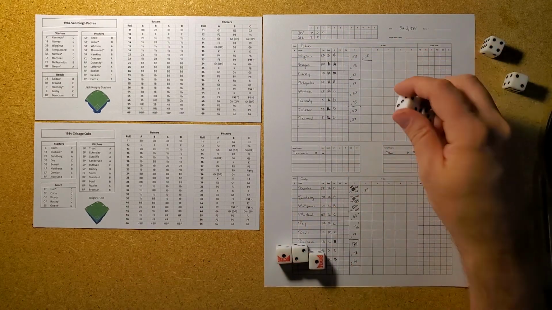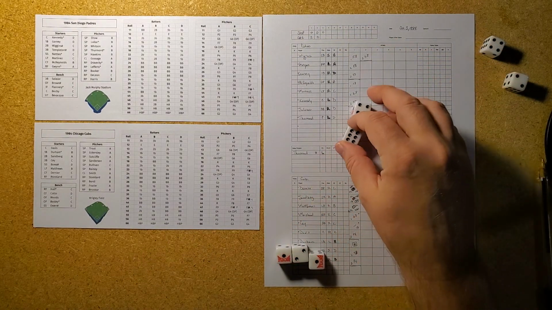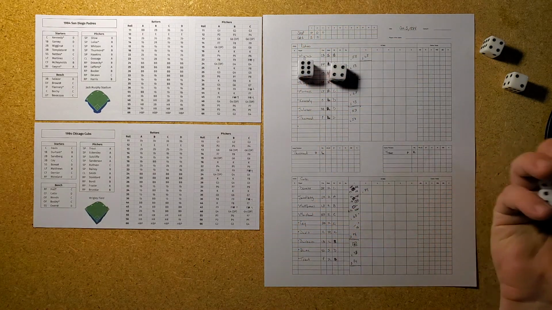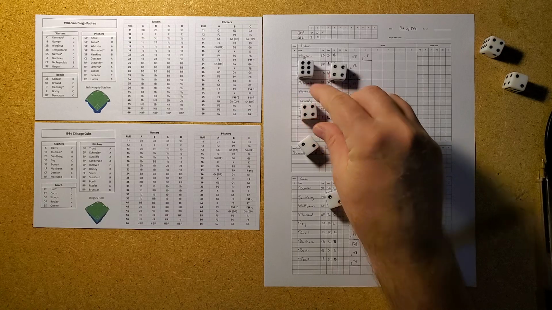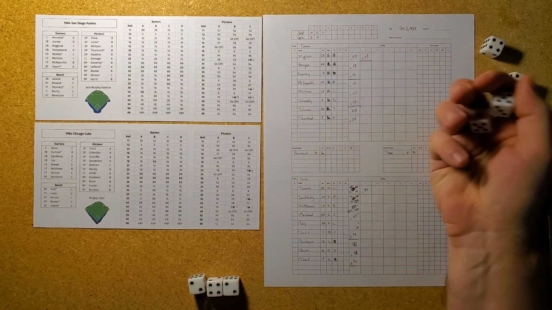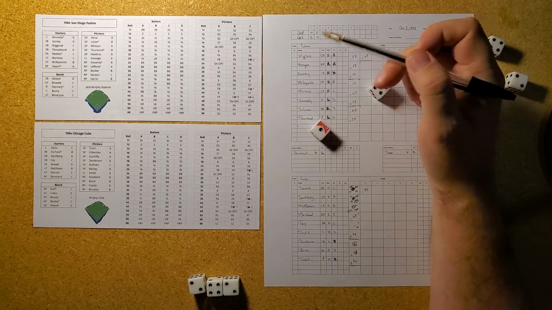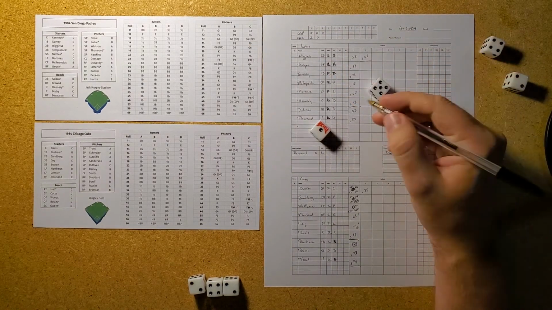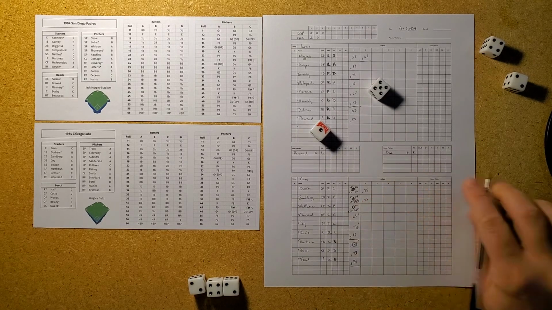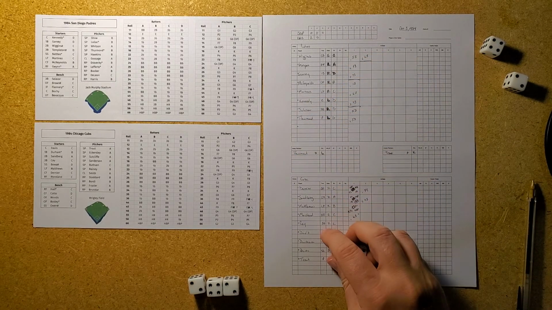Sandberg now stands in. He has the advantage in this at bat. So we go 6-4 here. That's a pretty good roll. And that's going to vanquish Sandberg. And a 1-5 to a B is a grounder to short. Shortstop in this game is